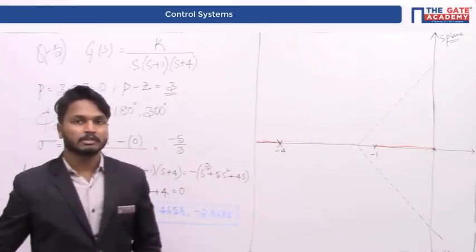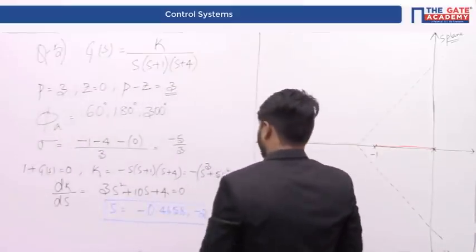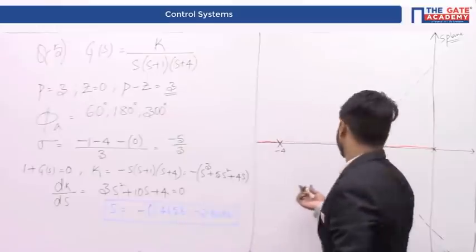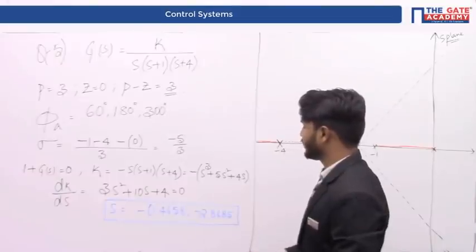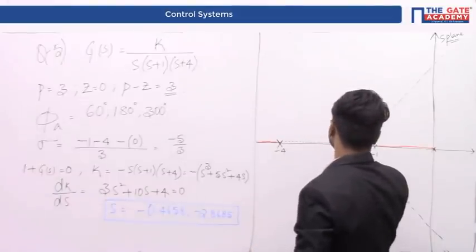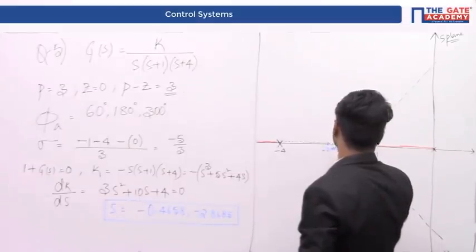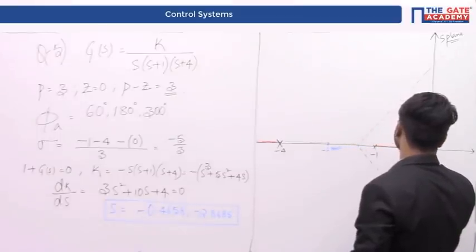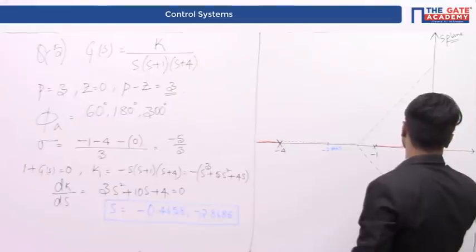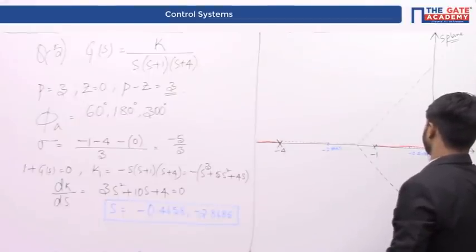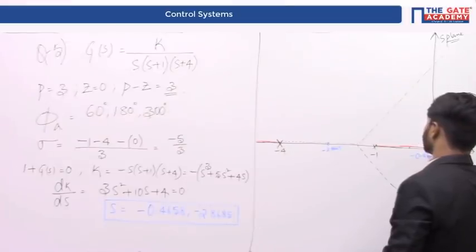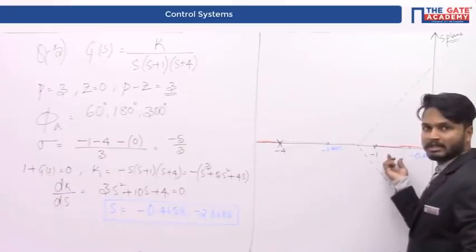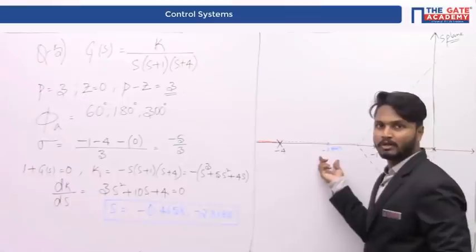So in the case of root locus, a point within the root locus, that is between minus 1 and 0, this point exists. Whereas this point, minus 2.8685, exists somewhere here. Let us say this is minus 2.8685, whereas the other point is minus 0.4658. This point exists here, minus 0.46. Therefore, this breakaway point is part of root locus, whereas this breakaway point is not a part of root